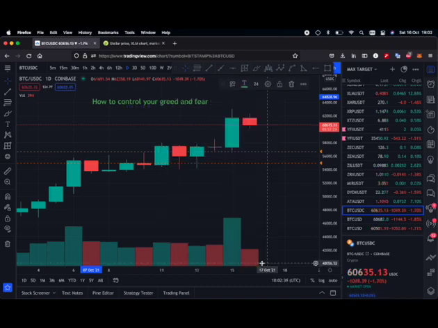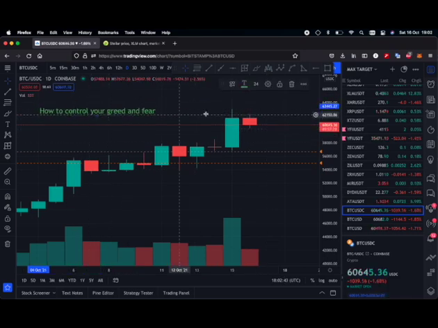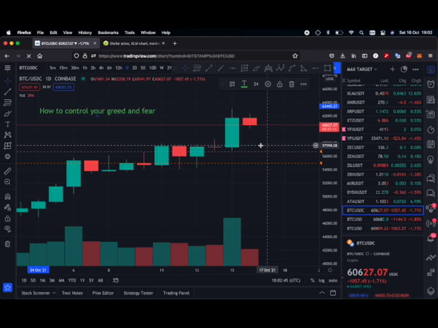Greed and fear is always one of the craziest things that happen to a lot of traders. Sometimes if you open a position and the market just keeps going in the opposite direction, yes, it does happen often. Mostly in 60 to 70% of the cases, the trade has to go against you first before the trade will bounce and go into another direction that is going to favor you.